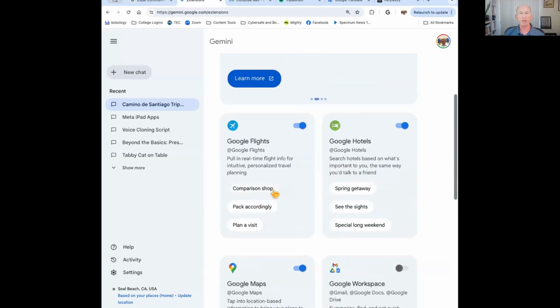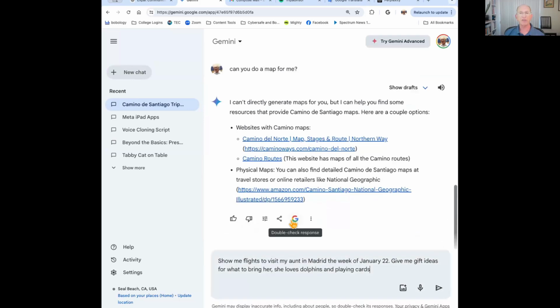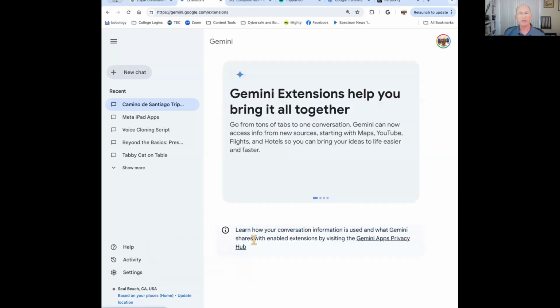So if I wanted to plan a visit, I can plan a visit. It knows that I was talking about Spain. So here's a suggested prompt that it has, which says show me flights to visit my aunt in Madrid. I didn't have to go directly from the extension.